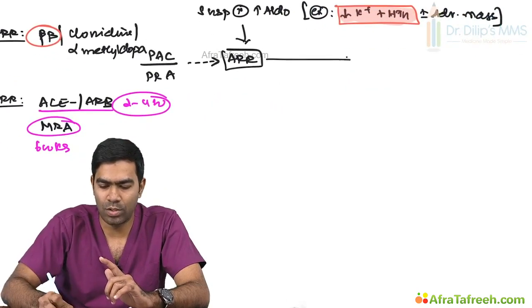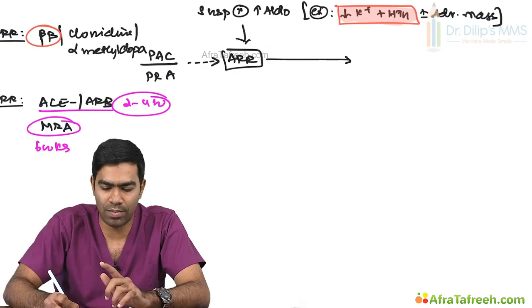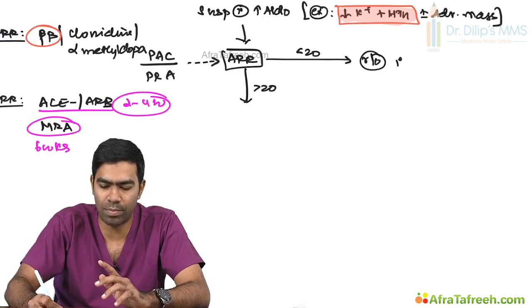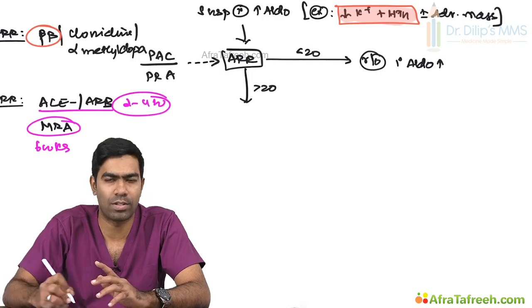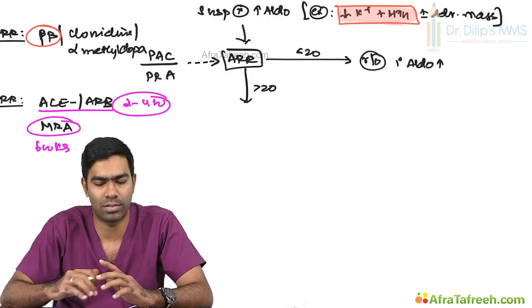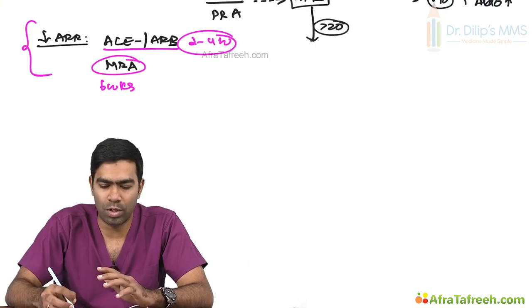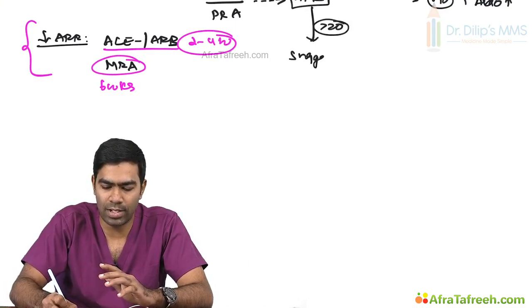So once you get the results of the aldosterone renin ratio, you have to see whether it is less than 20 or more than 20. If it's less than 20, it effectively rules out primary hyperaldosteronism, and you have to think about other causes that cause hypertension and hypokalemia. If it's more than 20, usually it is suggestive of